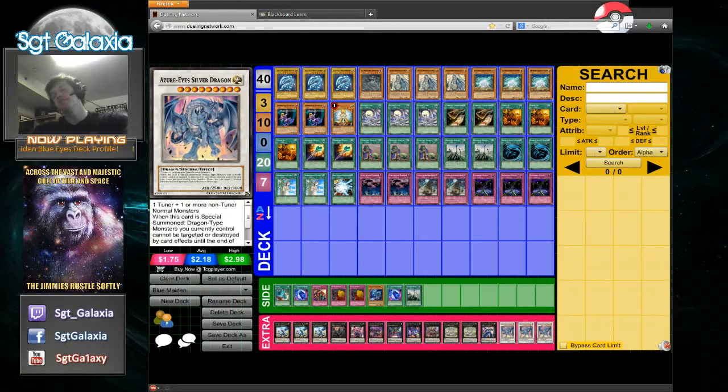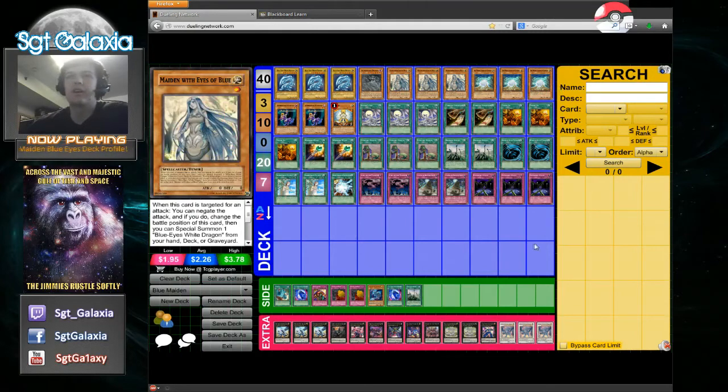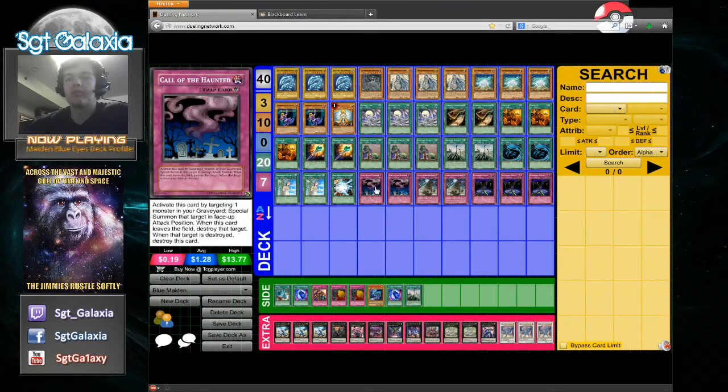So yeah, you can just do it that way. And like I said, now you run 6 tuners, so it's not like it's going to be a problem. It's going to be a very rare problem. Onto the traps, I run 2 Call the Haunted, because it obviously brings back all the stuff that I'm dumping